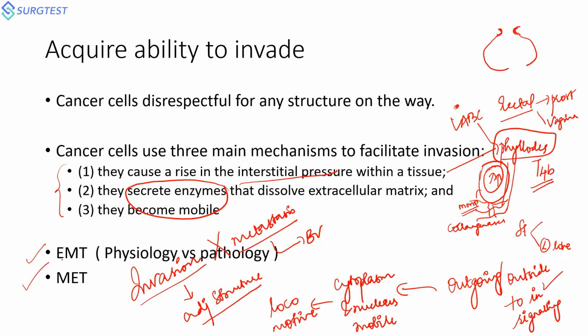What is EMT? EMT is epithelial to mesenchymal transition. MET is your mesenchymal to epithelial transition. These two are very important things that have been coming up slowly, and there are molecular epigenetic silencing mechanisms targeting all your EMTs and your METs. Your EMT means your normal epithelial tissue will be converted into a mesenchymal element to promote invasion and metastasis. And again, your mesenchymal element is usually there in your extracellular matrix.